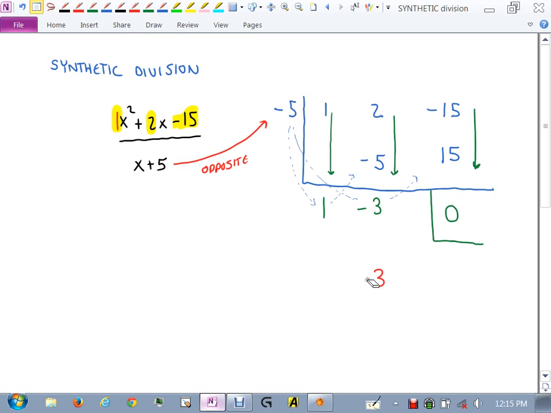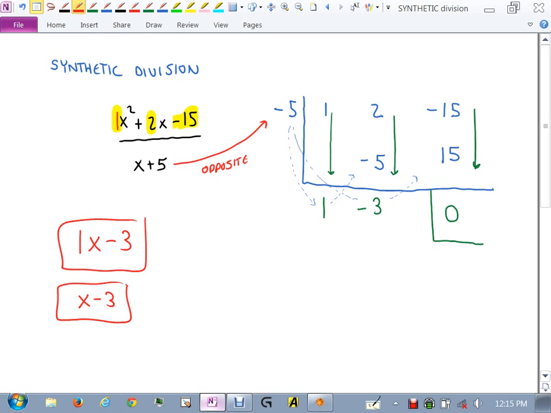Now, I'm going to move this to the side. 1x minus 3. That's the answer. You don't have to write the 1 in front of that, right? I'm just writing it there so you know where it came from. So that's our answer. Now, because of where we're headed with this, I want you to see something else. Do you remember how I was saying that the whole idea here was to try and be able to factor something, right? Okay, I want you to see a way that we can use this chart table thing over here